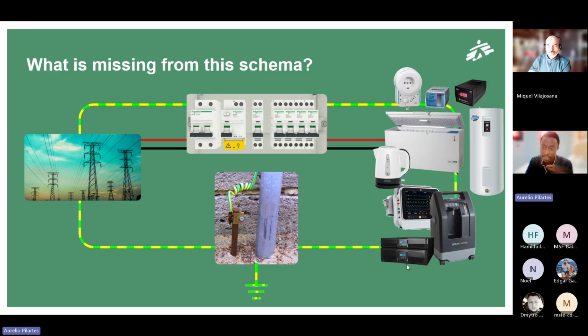Then you have the UPSs, which also offers protection against voltage fluctuations, because it converts. It's a double conversion UPS, which means it will convert your AC voltage into DC to store in the batteries, and then convert again from DC to AC to send to your appliance. This is where we call it double conversion UPS. And this is the most reliable one because it provides very clean energy.